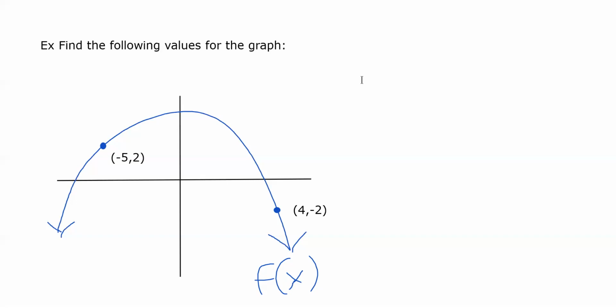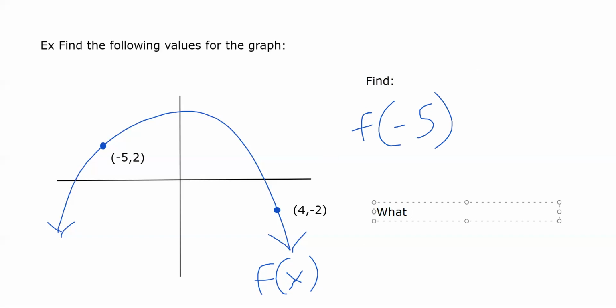So here's what I'm going to do. I want you guys to help me. We're going to find f of negative 5. That one's going to be easy. Let's also answer this question: for what value of x is f of x equal to negative 2? That one shouldn't be a whole lot more difficult, but